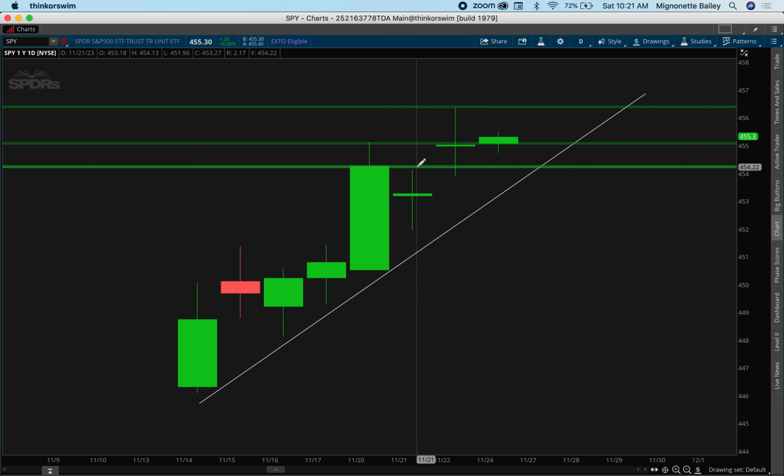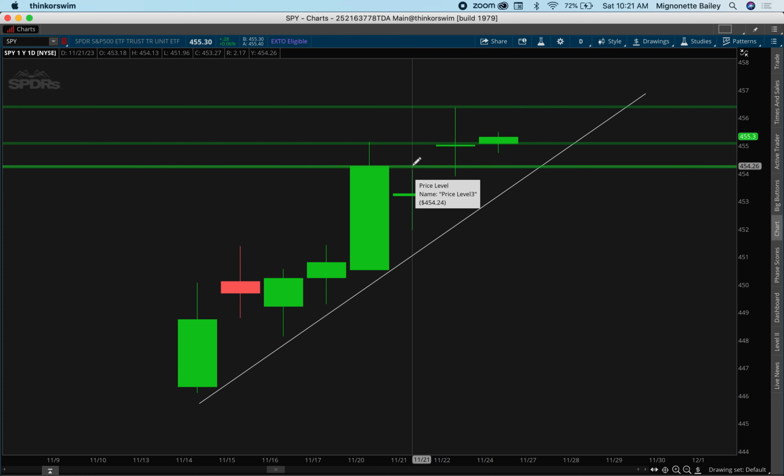And daily candles are stronger than intraday candles, like 5 minute, 15 minute, 30 minute, 1 hour. So I think when we get this close, this is a level to keep an eye on. So already I'm bringing some structure to my chart,